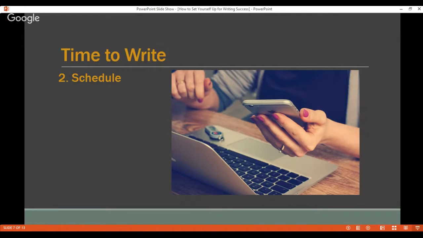Another option is to do every other day. So you do a day on and a day off and a day on and a day off and so forth. And for some people, this works out really well because on their day on, they'll be very focused on the writing. And then on the day off, they'll be focused on coming up with ideas about what they will do for the next day. So you'll spend one day thinking and brainstorming, and the next day you'll spend writing, and then the next day thinking and brainstorming, and the next day writing, and so forth. For some people, that is a schedule that works out really well for them. So consider that.